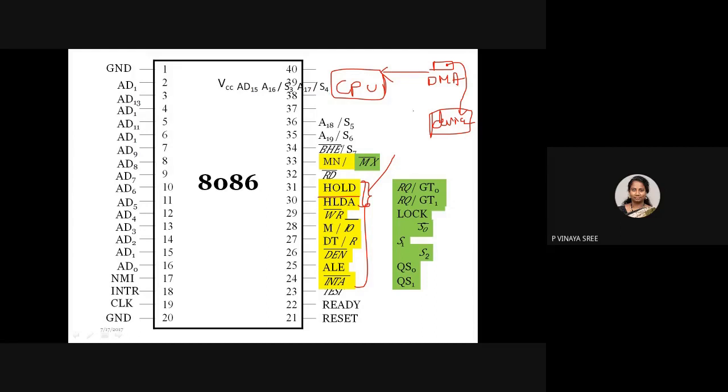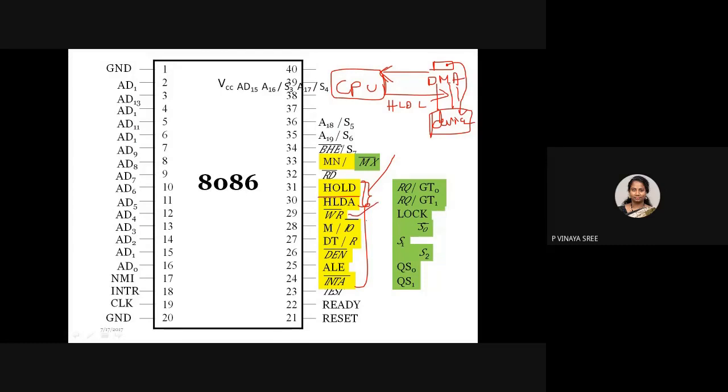What does this HOLD indicate? What is the DMA requesting? The DMA is requesting the system bus. Upon receiving it, what will the CPU do? The CPU will give an acknowledgement that it has released the system bus, and now you can use the system bus for transferring the data. HOLD and HOLD acknowledgement are between a DMA and a processor, for transferring data from the secondary or peripheral devices to the memory, or from memory to the secondary devices.